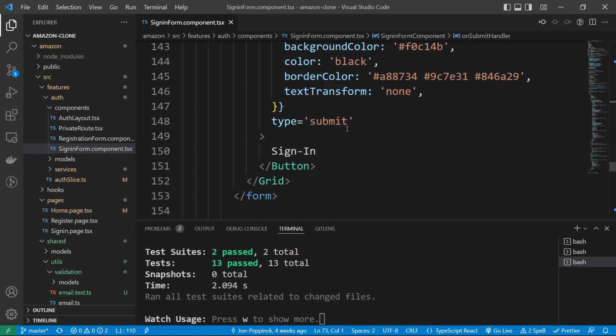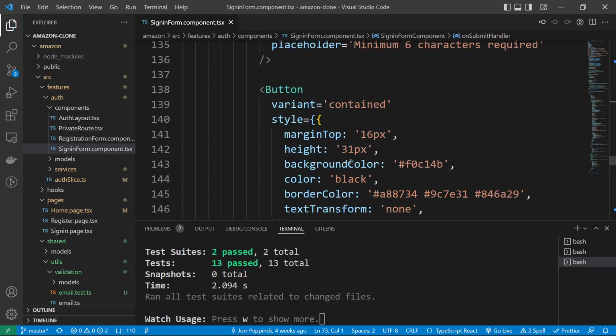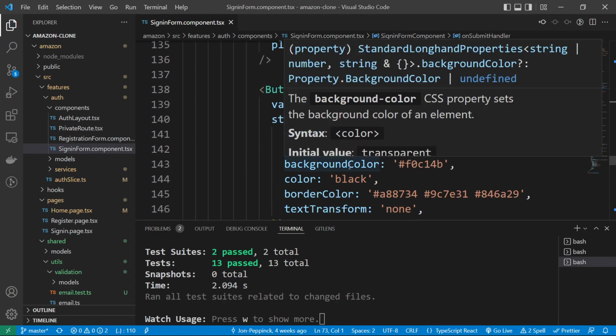So what we need to do is provide the store state to our component. Otherwise, we'll get some sort of errors. So before I do that, though, I'm just going to add that